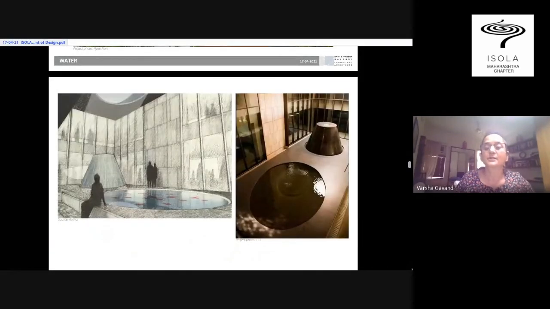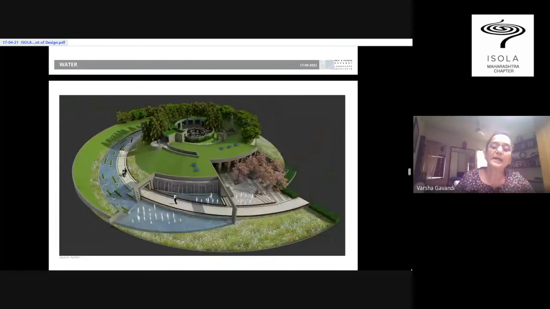As a sculpture, here the water is just a surface. It's a bowl and a cone, and the form itself is sculptural, and water just gives a different texture to that particular surface. And as a metaphor, this is about one's journey in life, and at the lowermost point, what we have is playful use of water, which symbolizes youth. As you go along, it becomes quieter and contemplative towards the end at the uppermost area. So, water as a metaphor.